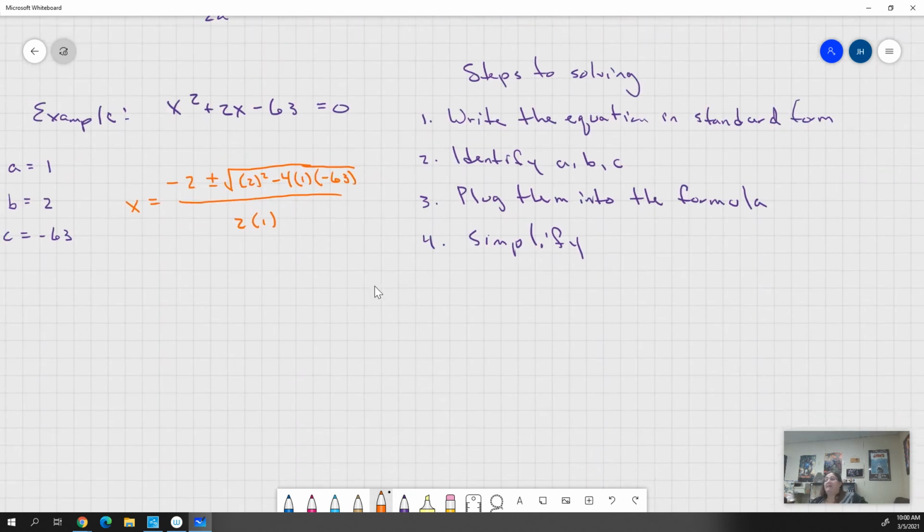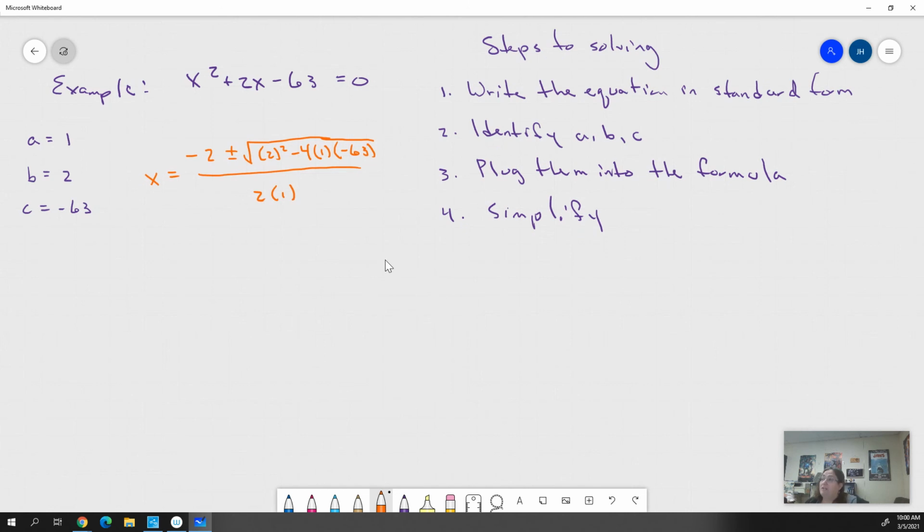Now we have to simplify, and I know that this looks like a lot and it stresses people out. Take it one step at a time. I always do what's under the square root first, right? So we're just going to leave our minus 2 plus or minus alone for right now, and we're going to rewrite the square root. 2 squared is just 4, right? Minus 4 times 1 is negative 4. Times negative 63 is going to be positive, because a negative times a negative is positive,